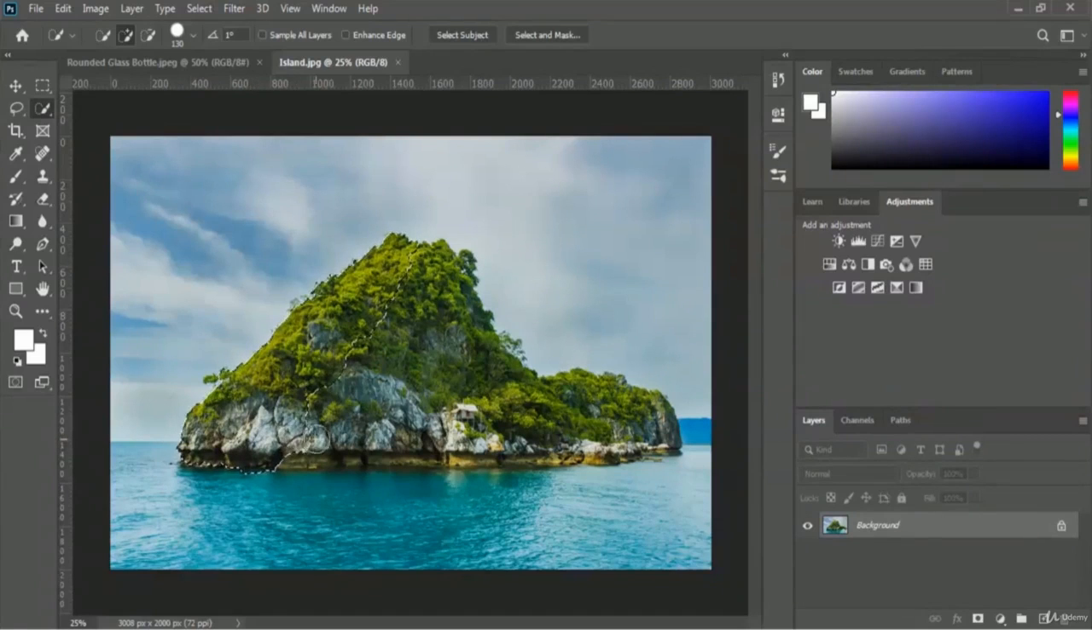As I told you before, that we will not select the water, we will not select the sky from this image. We will take only this Iceland part. So let me select this entire Iceland. Okay, cool. You can take a look, our entire Iceland got selected, and we have to add a layer mask